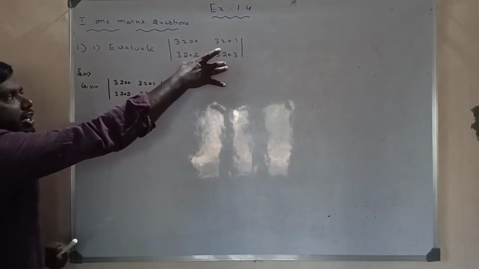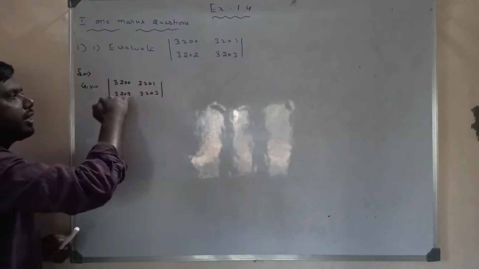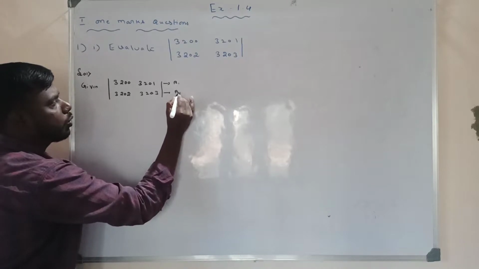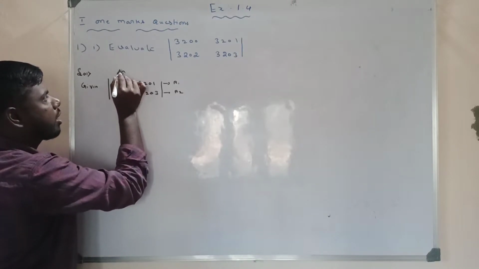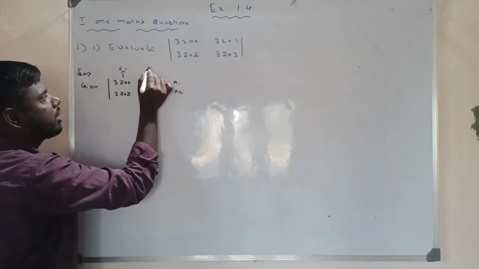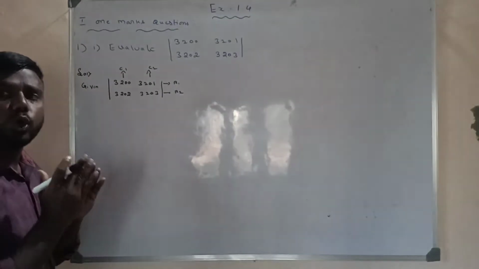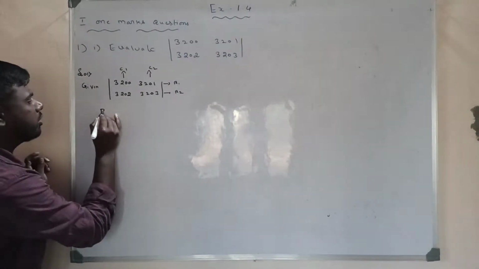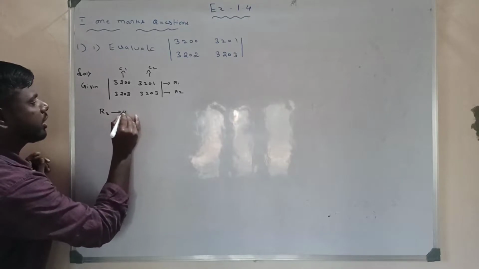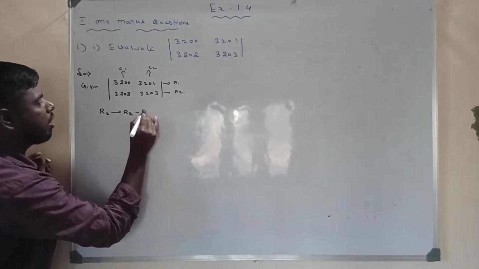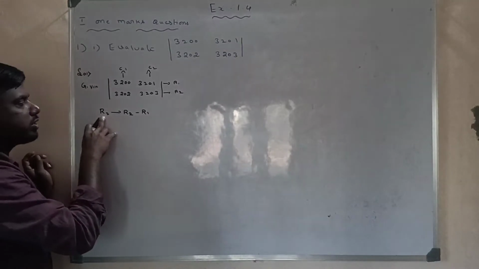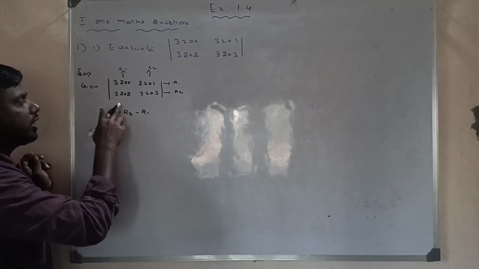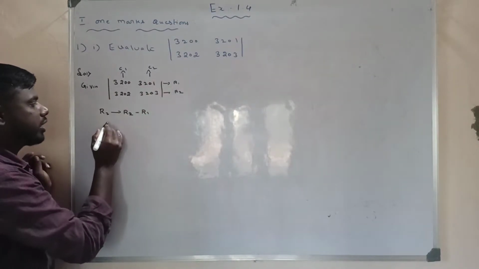First, what is the given determinant? Write the determinant with its horizontal elements. This is row 1, this is row 2, the second row; this is column 1, this is column 2. Using row operation, we change the second row to R2 minus R1. Which row do we change? That row minus the row above. Only the second row changes, so the first row we write as it is.